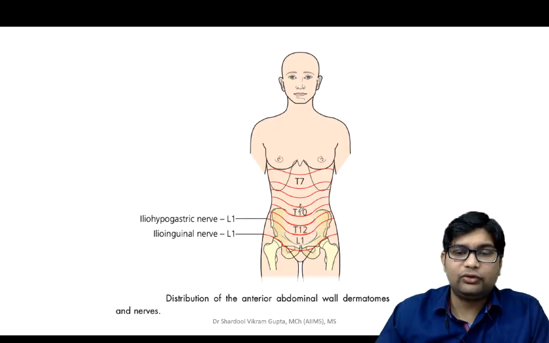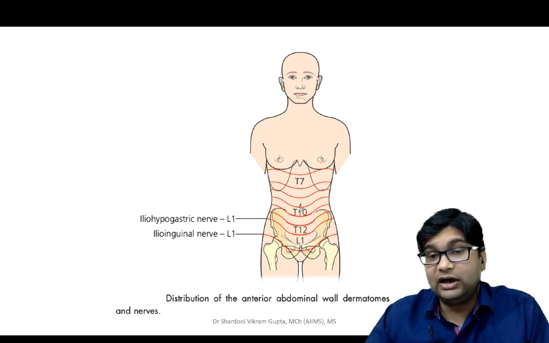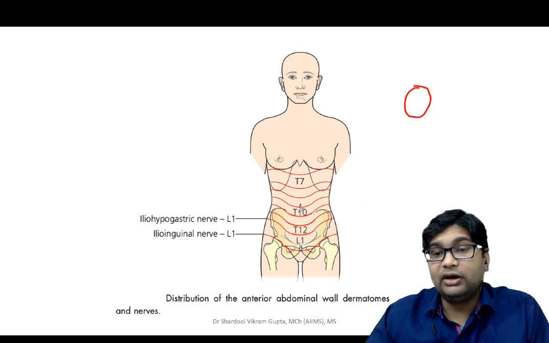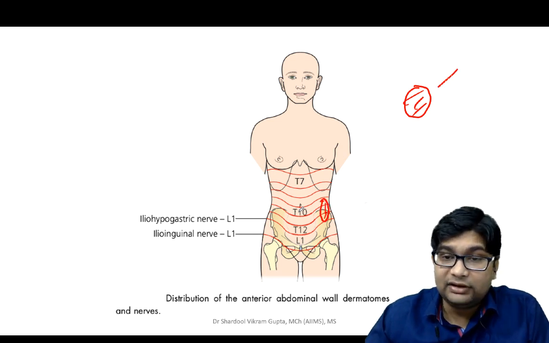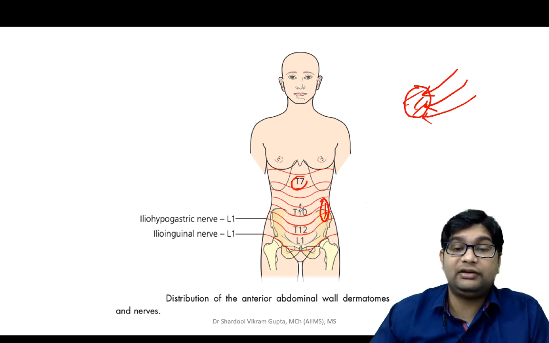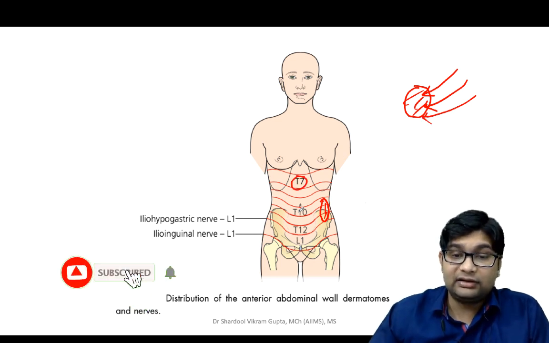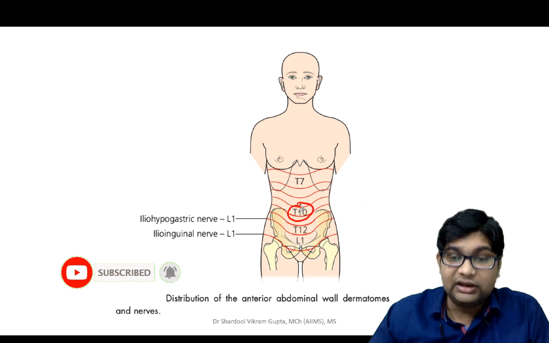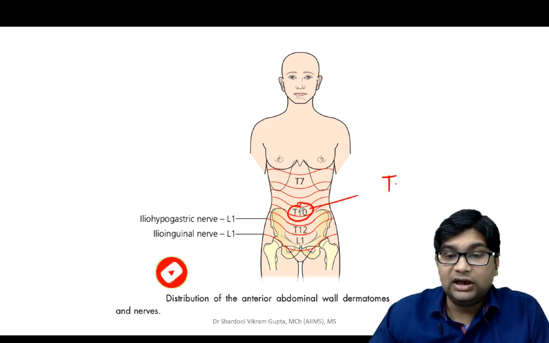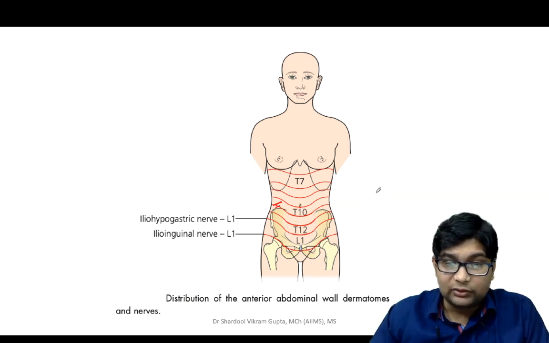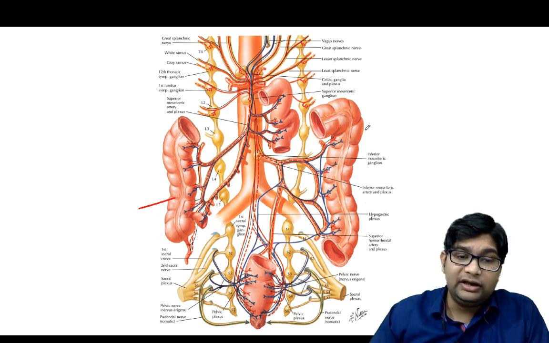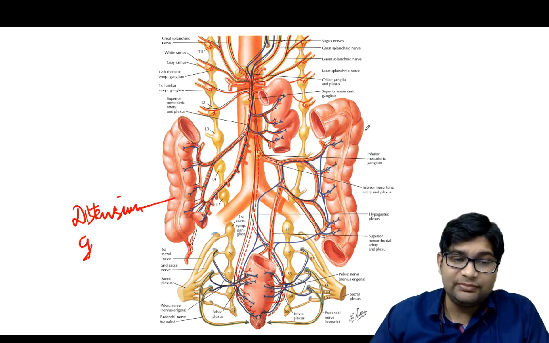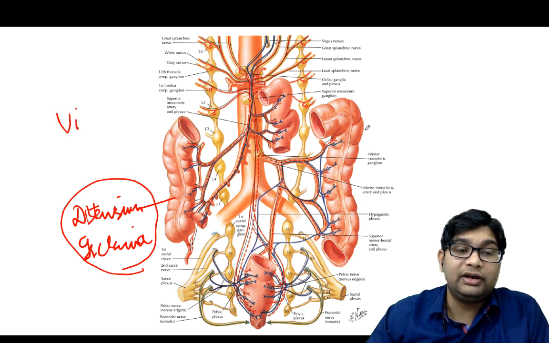And there is somatic innervation. The somatome, during embryonic development, when it becomes part of the body wall, derives its neuronal supply from the respective dermatome. The umbilical region is supplied by T10. Therefore this whole area is known as a dermatome. All of this will be supplied by T10 only. And because visceral pain is only due to distension or ischemia, visceral pain is very vague.